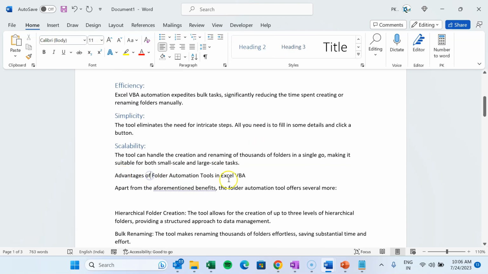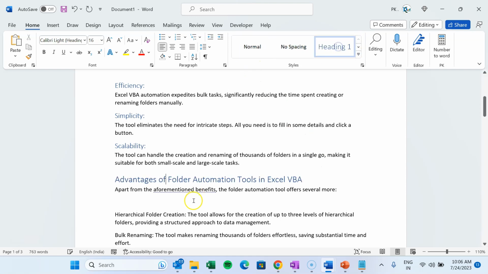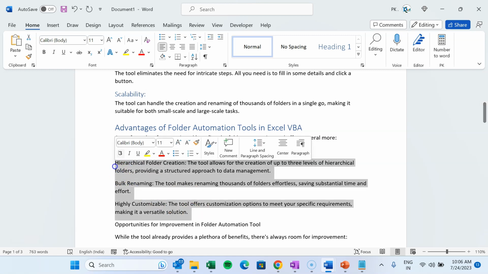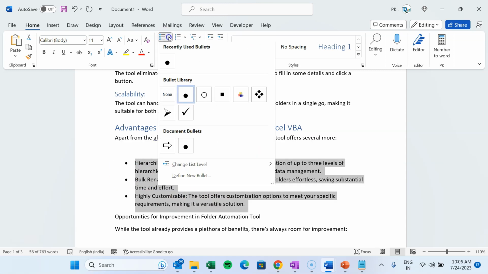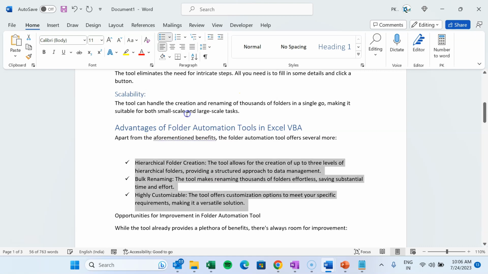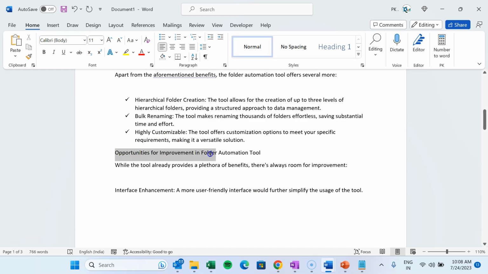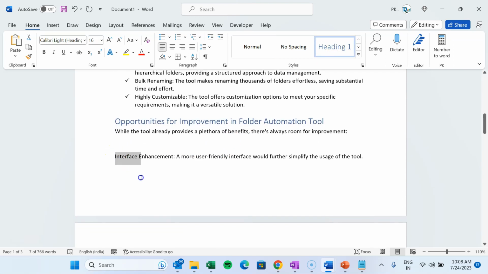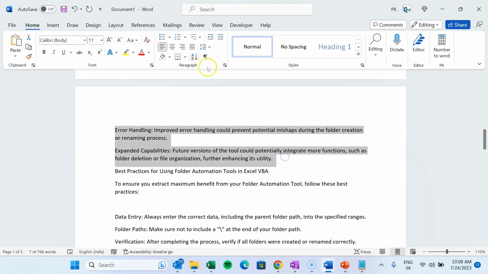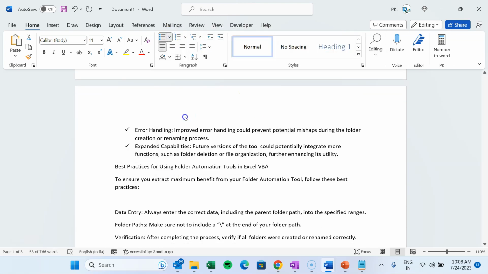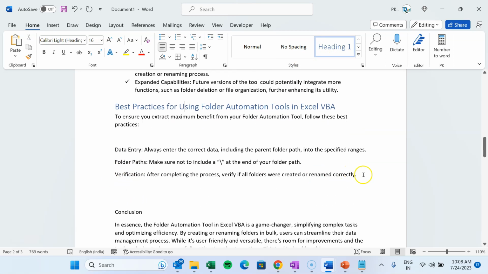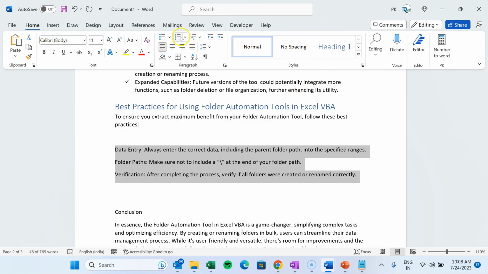Alright, now this is the advantage of the folder automation tool. So I want to create this as Heading 1, and here you can create the Heading 2, or let's create this as a bullet point. So I'm putting here the bullet points. You can select the bullet points whatever you want, so I'm selecting this one. Now for this line also we will make the Heading 1, and now let's make these bullet points till here. So let's select this bullet point, and for this one also Heading 1, and here we want to make again the bullet points,